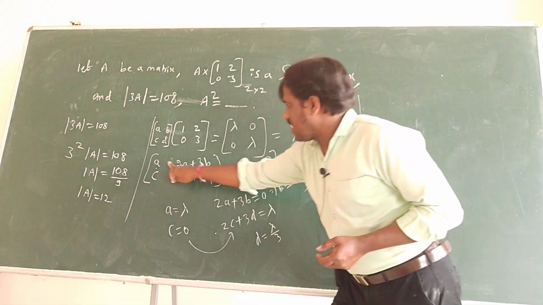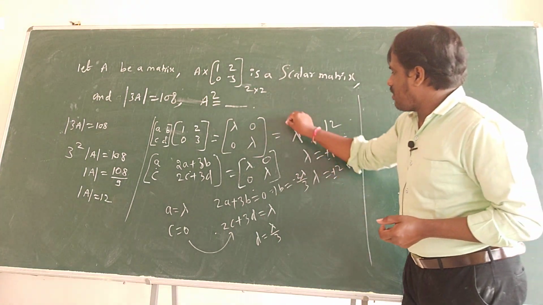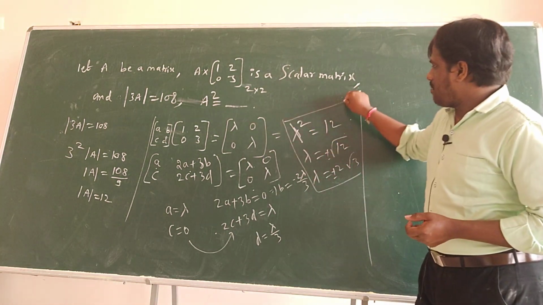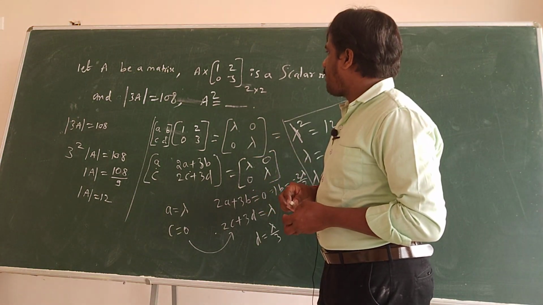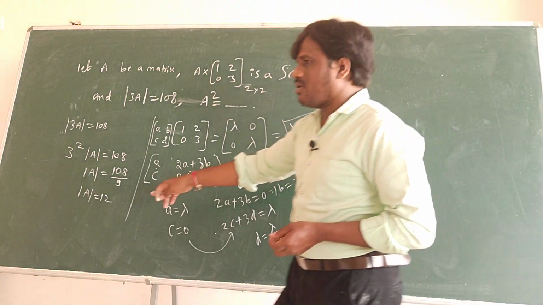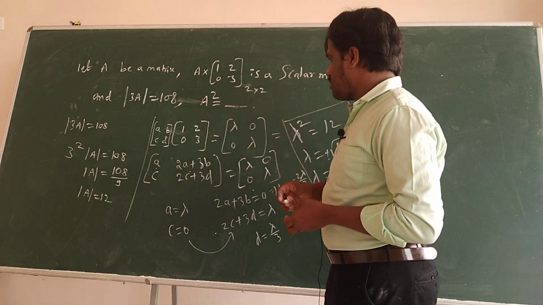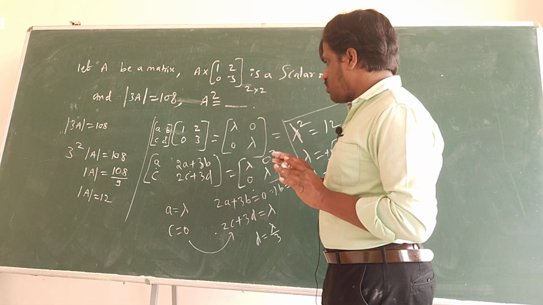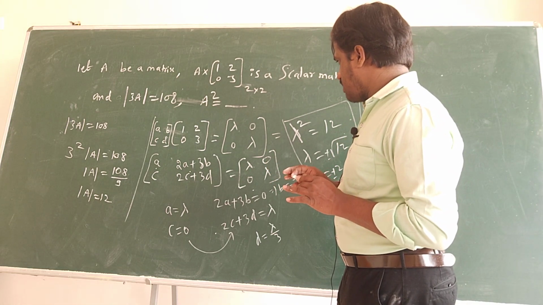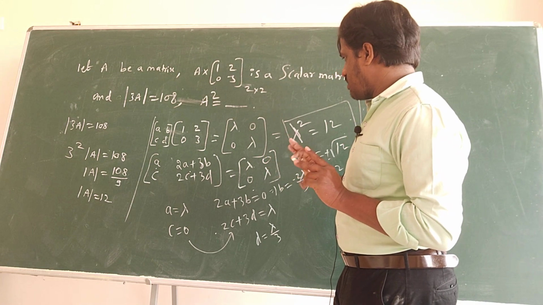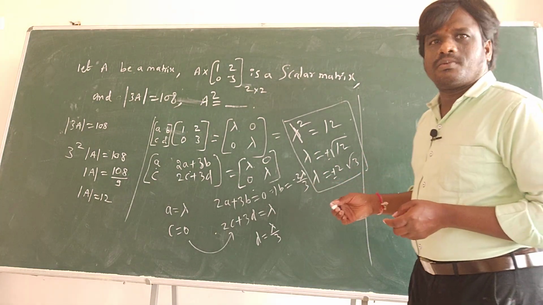When you equated, A value will be lambda, this is 0, this is 0, C is equal to 0. Already you have lambda value, lambda square. Actually this is... okay. They are not given mod A. Mod A you got 12, right? But wait. This determinant should be 12, no? Mod A is 12, okay. So AD minus BC will be, no. One thing I did something mistake. Mod A is 12, correct. This value is also correct. Equated, correct only, no? Right, no problem.